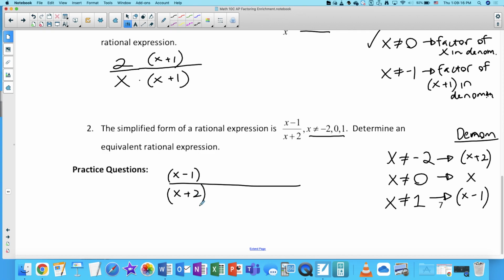Now if I look at the factors that I need to see, I've already got this one. And remember, I want to see these factors in my denominator, because the factors in the denominator are what lead to non-permissible values, okay? I do not have a factor of x in my denominator, so I'm going to add 1 in the numerator and the denominator, because that would have canceled in the simplification process. And then I'm also missing a factor of x minus 1